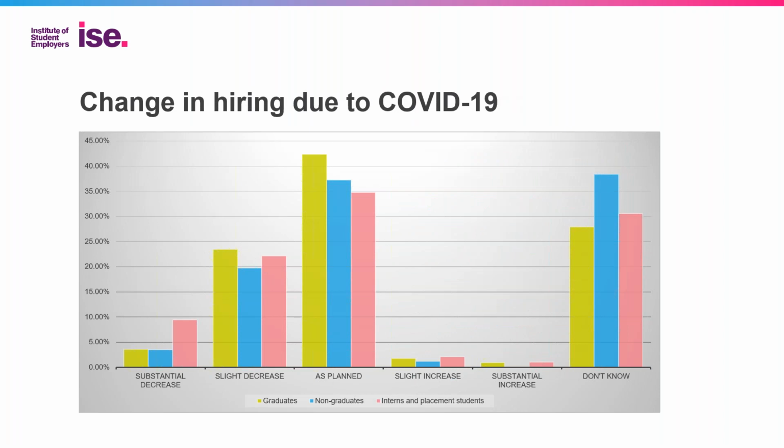We also saw in that research that employers were planning some shifts in their recruitment. Many still didn't know at the point at which we did that research, and I think that is still the case. Some were continuing as planned, but there was also a substantial chunk, maybe about a quarter, who were looking to reduce the numbers. Now, one of the things that is worth noticing is that while perhaps a quarter of employers are reducing their hiring, very few of them are reducing it substantially at the present time. So that's really quite good news.